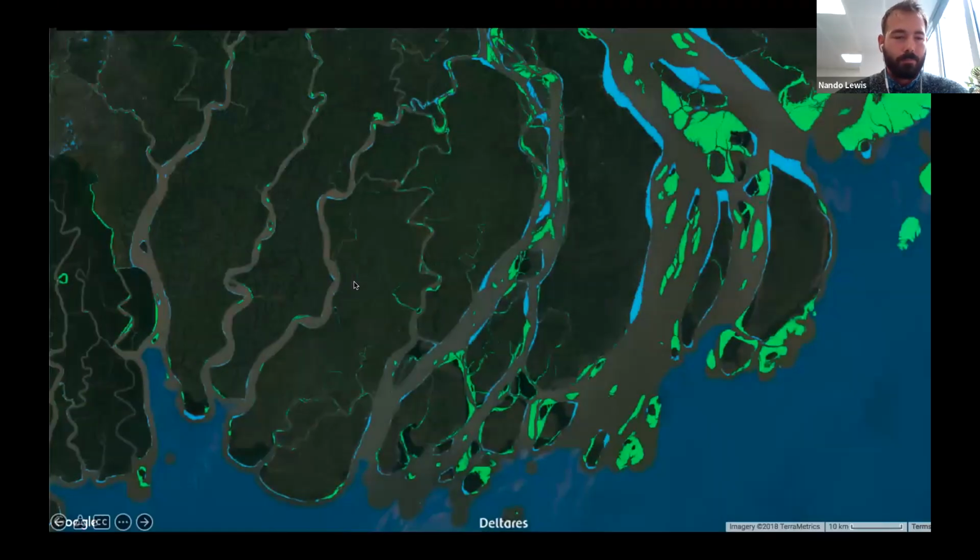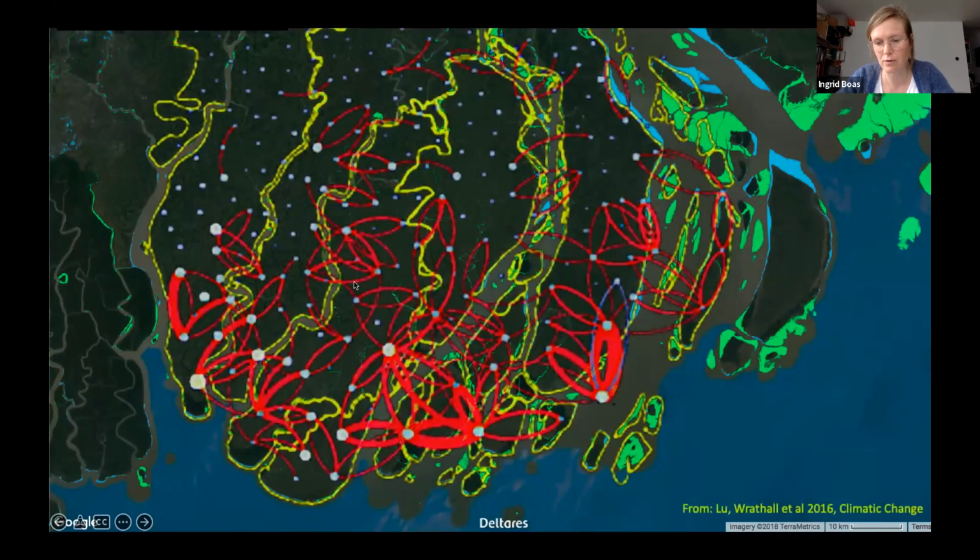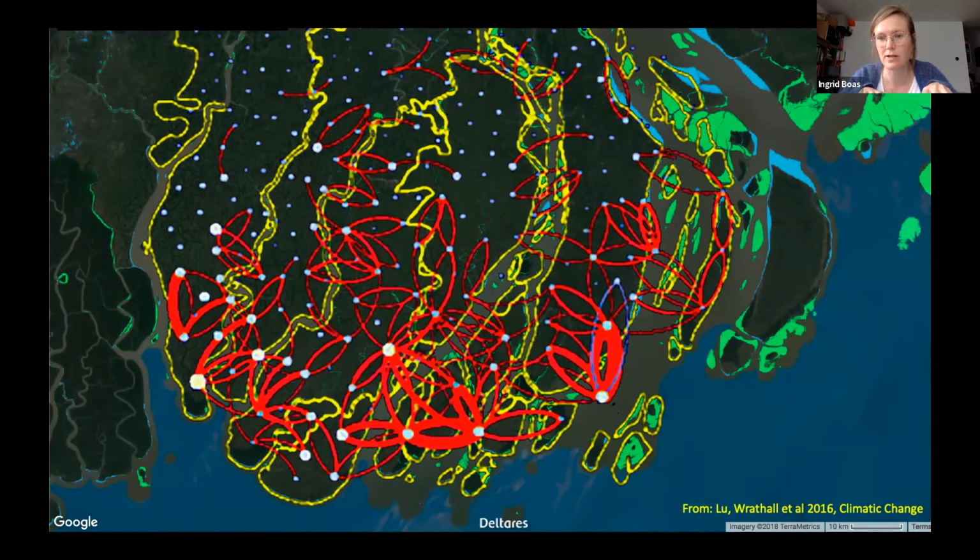So here, I think this was a big data analysis done some time back by Lou, David Rattle, and other people who used mobile phone data to look into how people moved following a big disaster, like a cyclone that hit the south of Bangladesh.